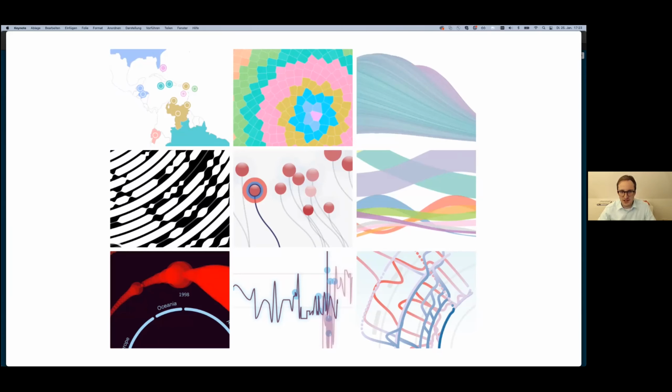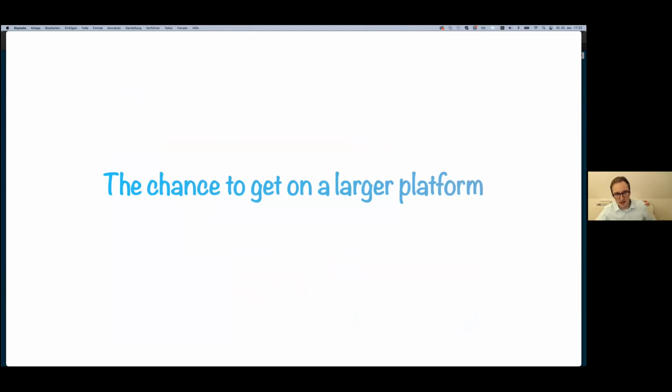And finally, after I worked, I think, 9 months as a freelance data viz designer, I got in contact with Ferdi Kuchelmeier from Der Spiegel, and he's leading the graphics and interactive department there. And well, he just asked me if I would like to come with him on this journey to transform Der Spiegel to a more digital magazine, and to transform all the data viz storytelling that they have. And of course, this was a chance that I definitely took,